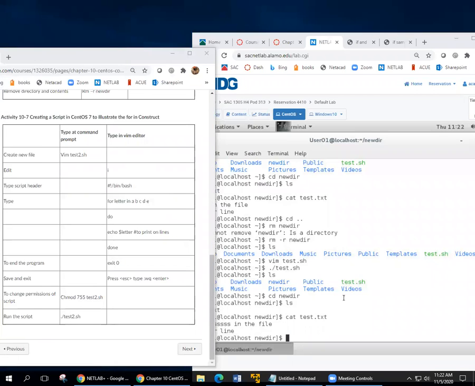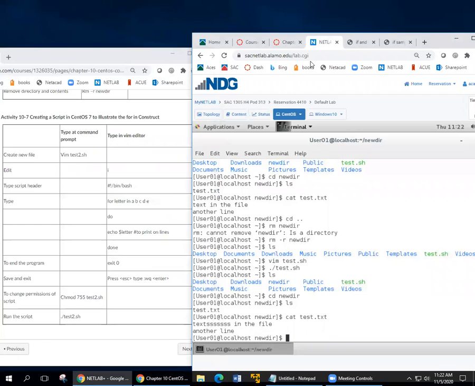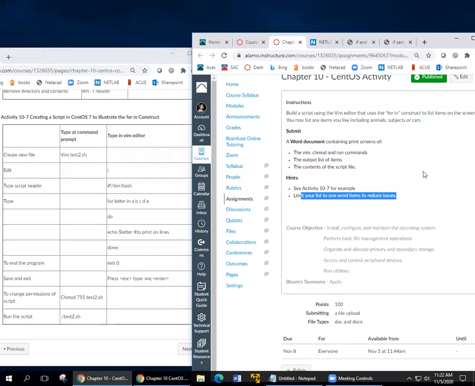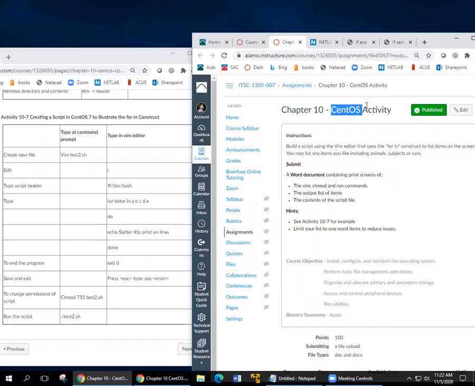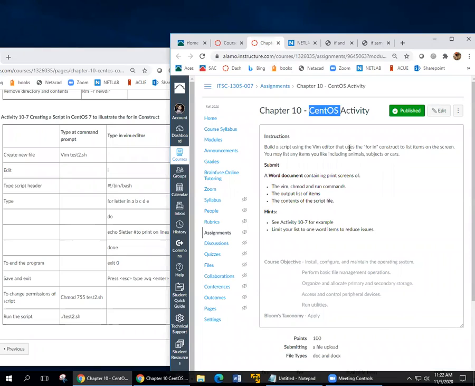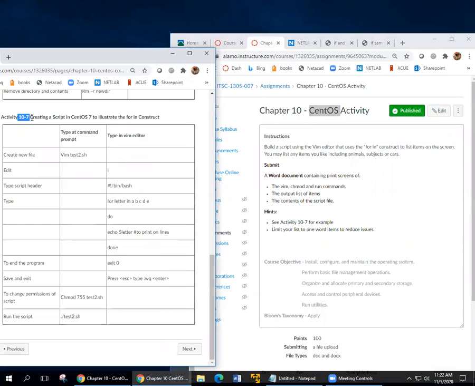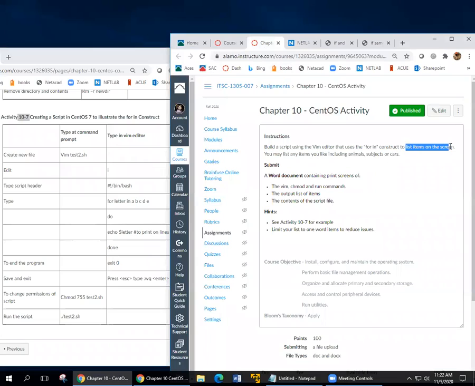This is going to be very similar to what the assignment is going to be. So let me go ahead and go to the assignment real quick. The CentOS activity: basically you will be building a script that uses the for in, which is on 10.7. And you will be listing items on the screen, and you can list whatever you want: animals, subjects, cars, whatever. But as long as it displays like I'll show you in a minute,